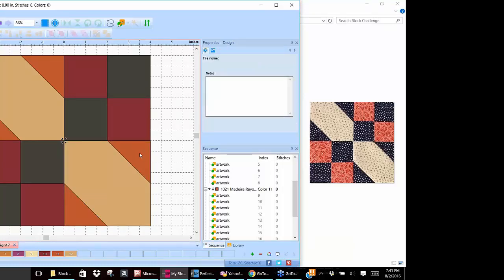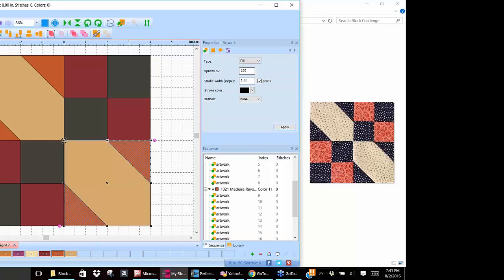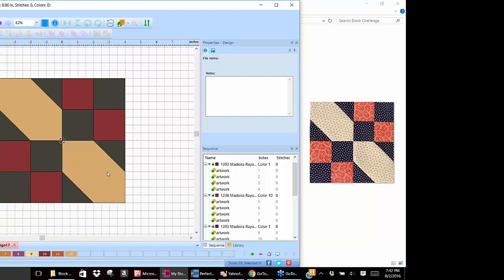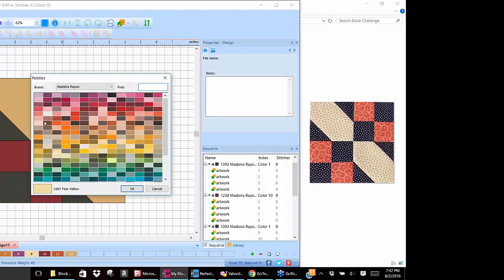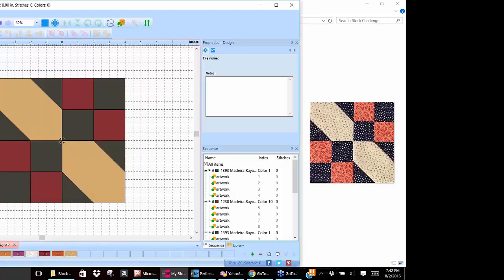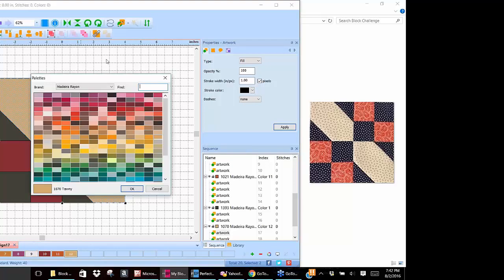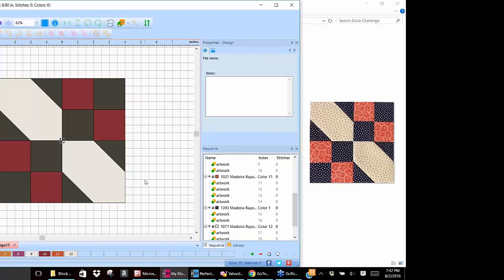So let's change the colors. I need black here and here. I'm holding my control key while I select those individual patches and change them to black. And then I just need to, actually I don't have to change my color there. I can leave it because it's the same color, or I could change that if I want to right here by right-clicking on my color palette at the bottom. Oh, it's the wrong color palette I selected. If I click on 12 and change it to a white or eggshell, then our block looks just the same